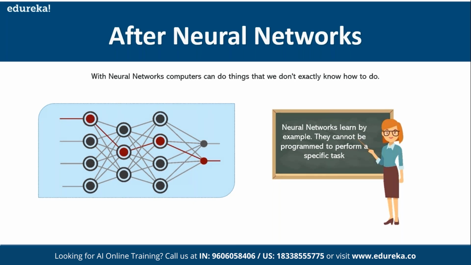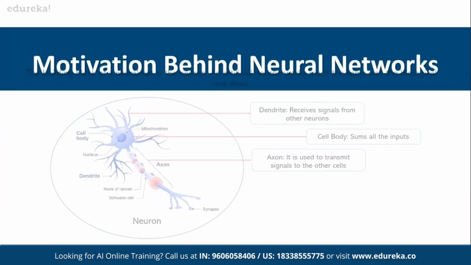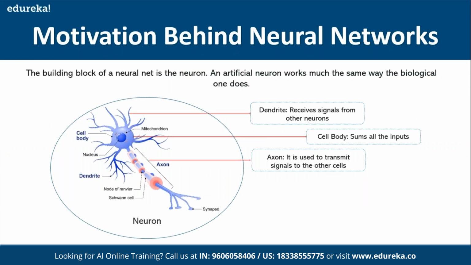So with this, let's see what exactly motivated humankind to call this a neural network. The human brain consists of a cell called a neuron, and there are billions, or rather at least millions, of neurons in every human being. This was the motivation to create an artificial neural network, and the biological diagram of a neuron is something like this. It has a dendrite, which is a